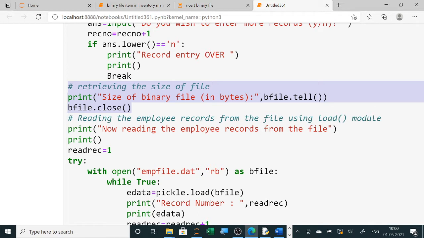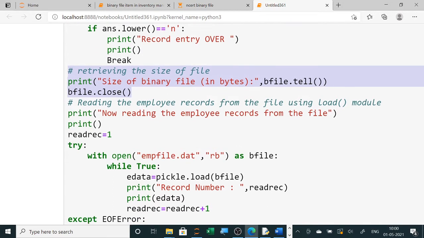After entering all the values, you simply call tell, and wherever your pointer is, it will return the bytes. So this gives the size of the binary file. Obviously, after writing all the records, the pointer will be at the end of the file, so it will return the last byte and display the size.